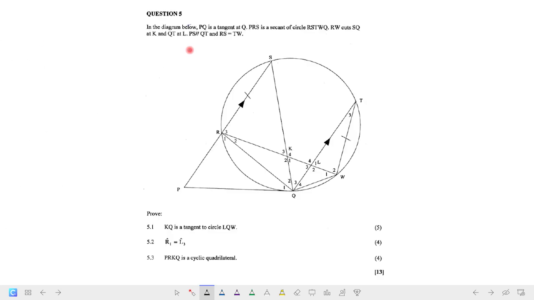Let's see what it is that they gave us. The first thing they give us is that PQ is a tangent. Whenever you see an instruction in Euclidean geometry that says a line is a tangent, in this case PQ, let me just confirm that, yep, PQ tangent,